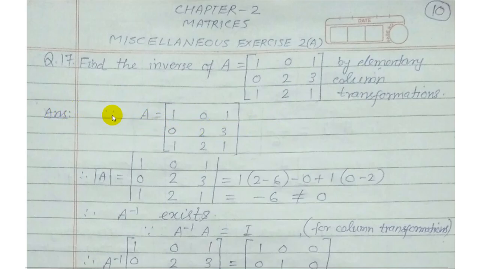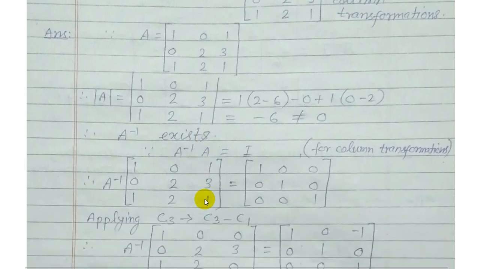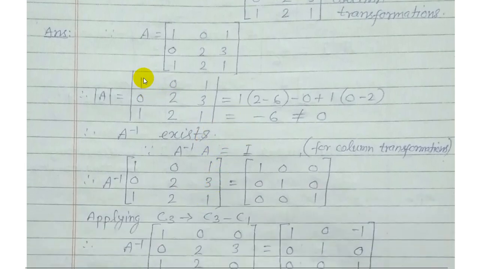So for the solution, we write here since A equals [1, 0, 1; 0, 2, 3; 1, 2, 1], therefore determinant of A, or det A, equals the determinant of this matrix. Now expand it. Here sign property plus, minus, plus. So it is plus 1, now first row and first column get cancelled. We write here determinant of 2, 3 and 2, 1. So the value of this determinant is 2 into 1, 2, minus 3 into 2, that is minus 6. Minus 0 into something is all 0, so do not write any term here.